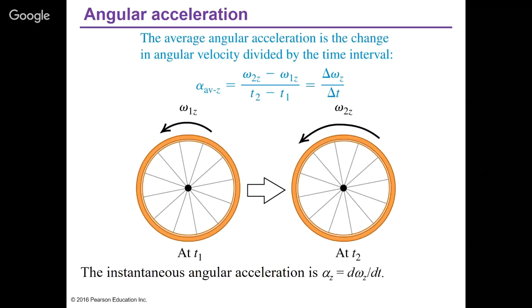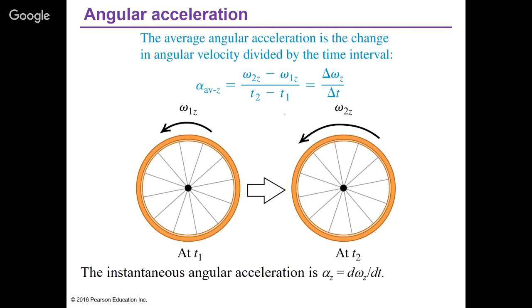After that, we talk about the time rate of change of the velocity, which is acceleration. Similarly here, for angular velocity, we look at the time rate of change of the angular velocity, and that is defined in the same way